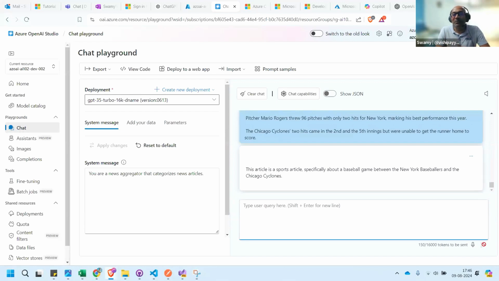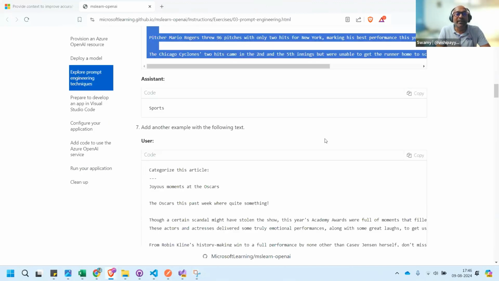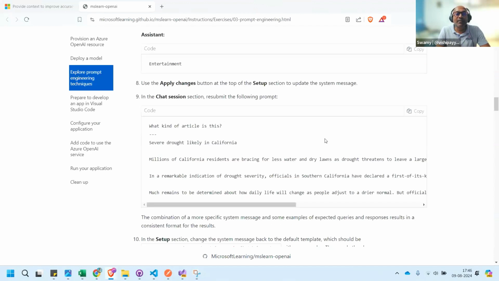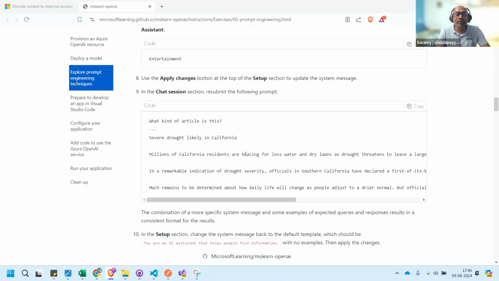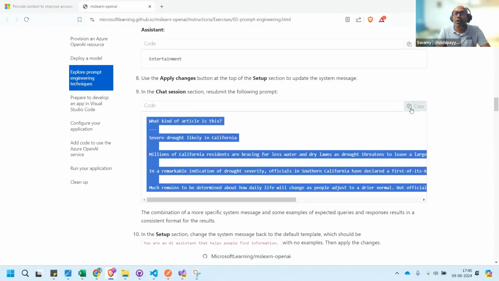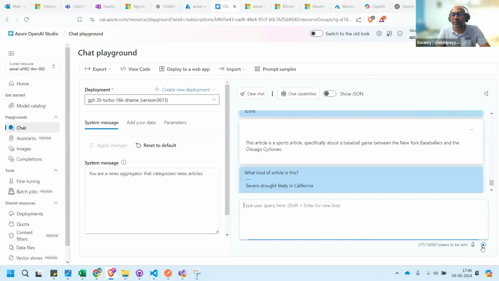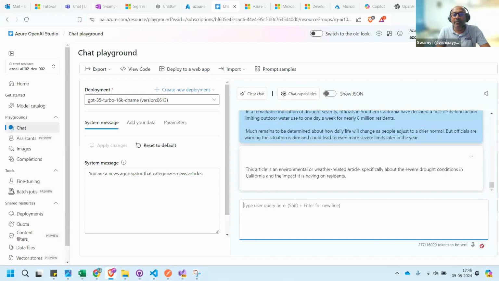I might be hit with something. So that's one thing we have seen. Sports, and this one also we have seen, and the California weather situation also we have seen in the previous one. Let me hit that again, and we are seeing that weather related article.